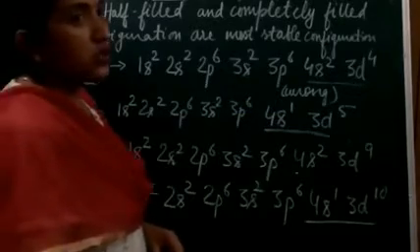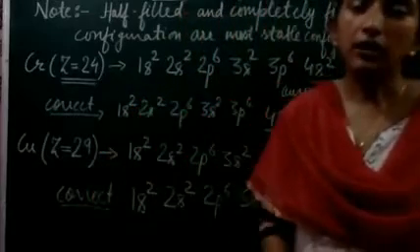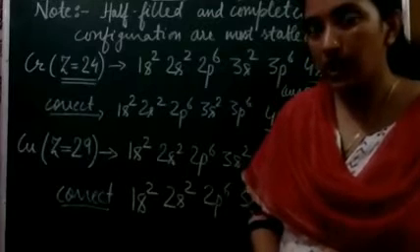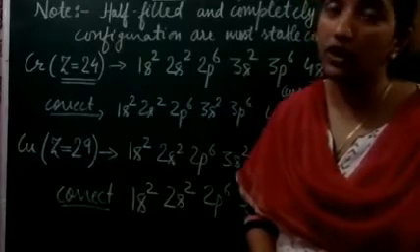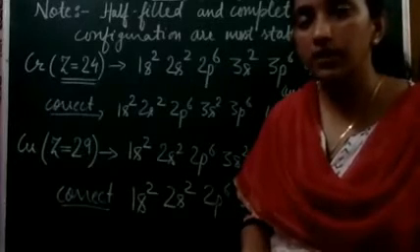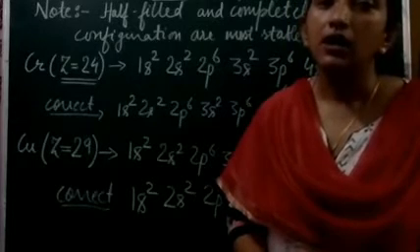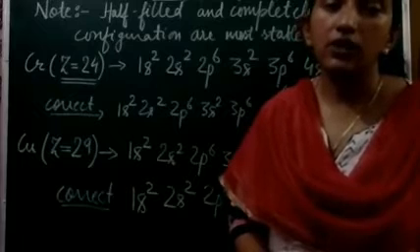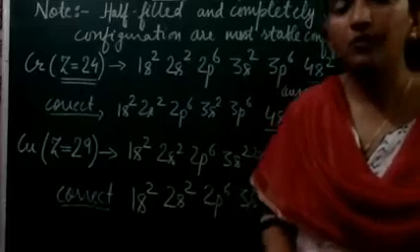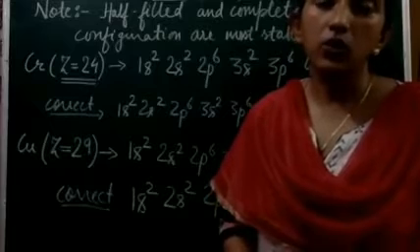Yes, students. So try to practice writing electronic configurations. The more you practice, the more you are going to remember the sequence, and you will be able to do the electronic configuration. It is required not only in this chapter, but also in the next chapter, the classification, as well as in the long run. When we study inorganic chemistry, electronic configuration plays a very important role. So practice more and more electronic configurations and follow the principles and the rules which I told you just now.